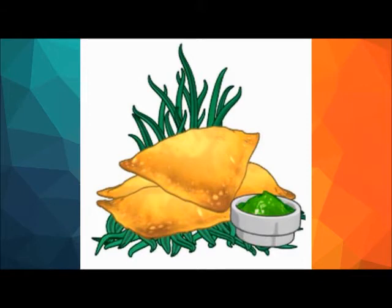Hippos live in Africa, and I did look this up. But what I am seeing for the samosa is that it's basically an appetizer in Asia. However, it does say the Horn of Africa and North Africa, but what I was seeing is that the hippo lives in Southern Africa. So if this is not actually a food that you find in Southern Africa, how the heck is a hippo